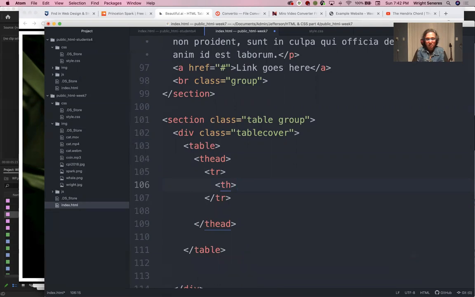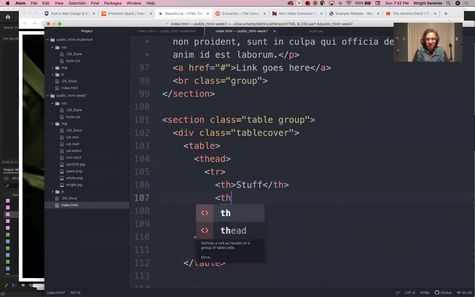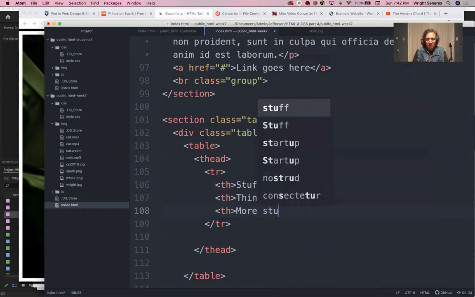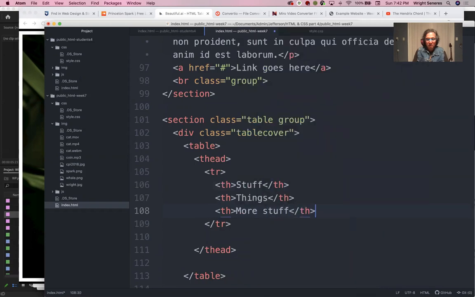Now, I'll just put some random stuff in here just so we can make a table. Let's call this stuff, another one for things, and more stuff. So now this is my heading